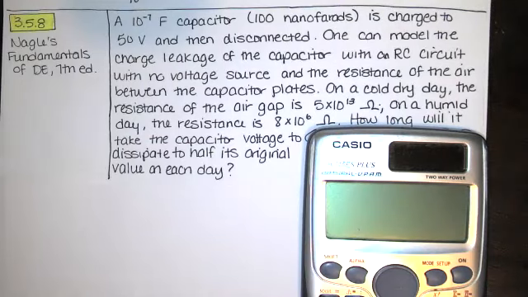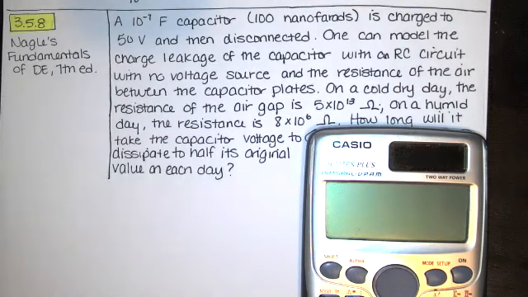In this video, we solve problem 3.5.8 from Nagle's Fundamentals of Differential Equations, 7th edition. We're told that a 10 to the negative 7 farad capacitor, that's a 100 nanofarad capacitor, is charged to 50 volts and then disconnected. Then we're told that one can model the charge leakage of the capacitor with an RC circuit with no voltage source, and the resistance of the